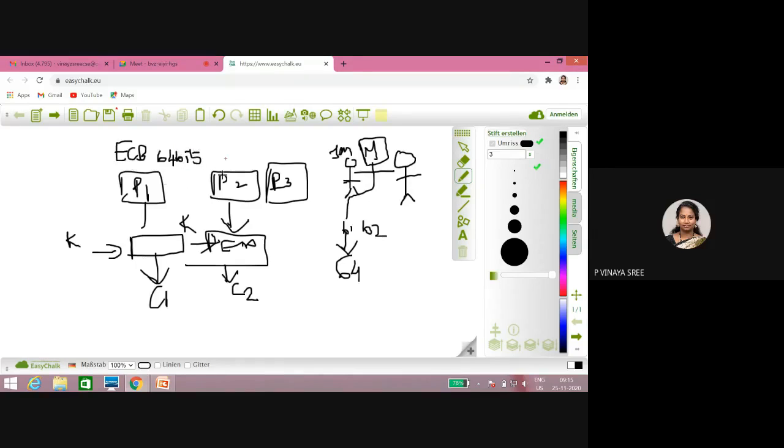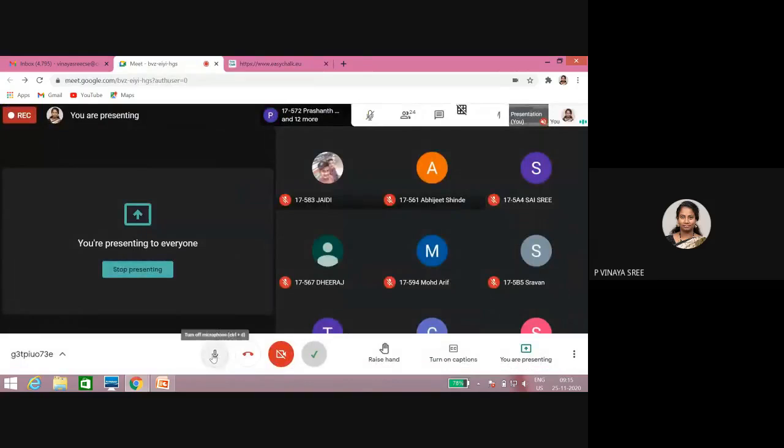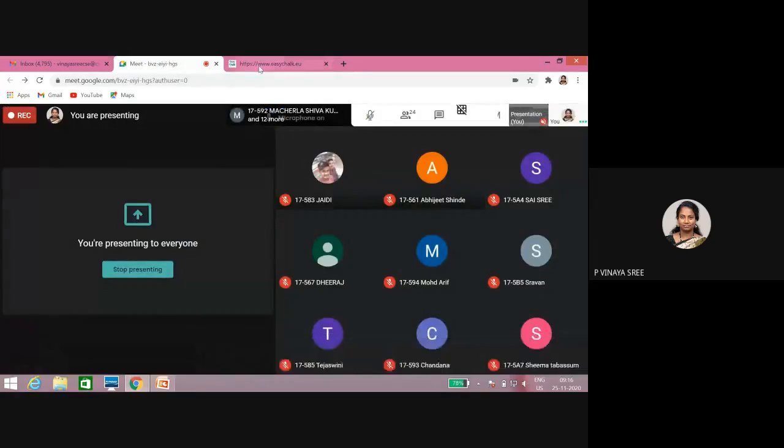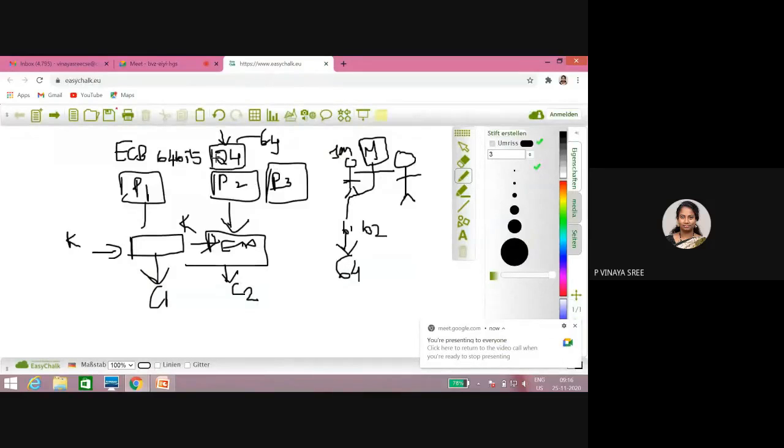Now let us suppose after grouping 64 bits, the remaining bits are 24 bits. The block size should be 64 bits, so we need to add bits to make this 64. For that we need to do padding.